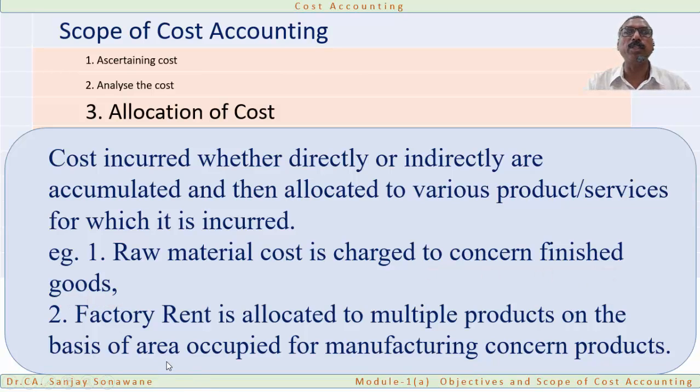But there are certain expenditures which we incur and we cannot identify to any specific product. For example, a factory rent. When you pay a factory rent, you cannot say whether I'm paying for product X or Y or Z. Because in a factory, all three products are manufactured at different places, and the overall rent for the factory is one. Here, whatever rent we are paying, we have to allocate that cost to the respective product. So what is the basis of allocation of this cost? Factory rent is allocated to multiple products on the basis